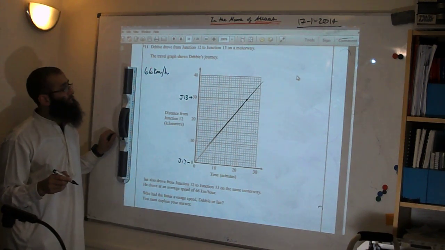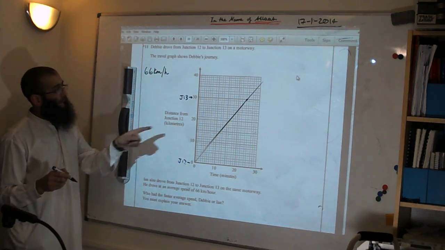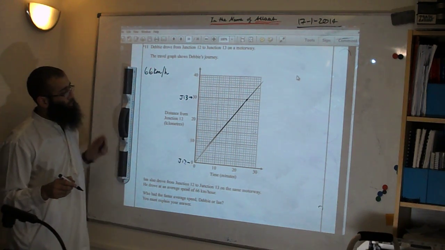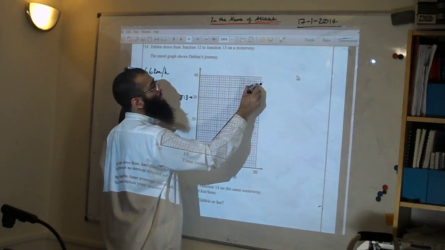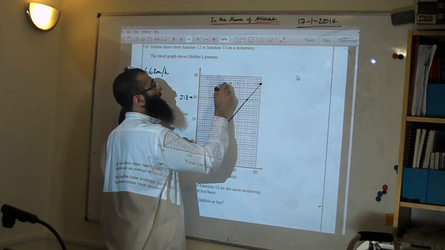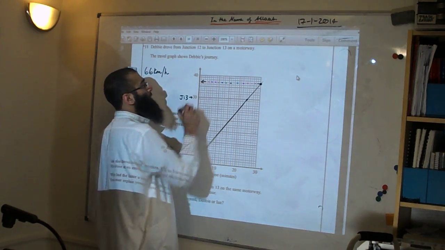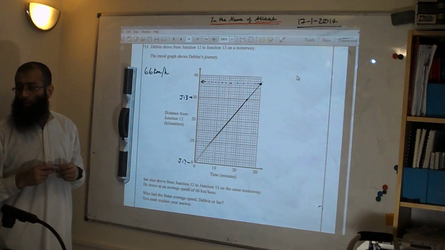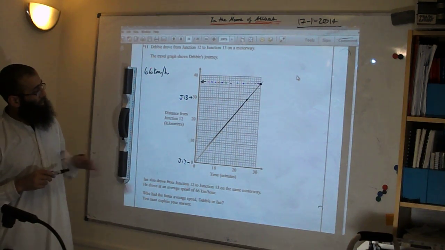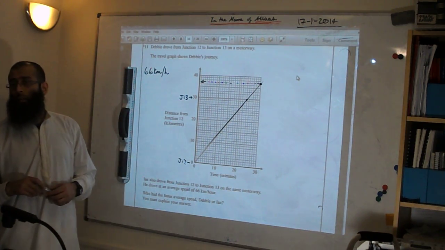Now, what we need to do first of all, we need to work out how fast she was traveling. So, folks, can you tell me on your graph here, what is the value that this corresponds to? On your graphs, folks, when you extend that line, when you get to 30 minutes,